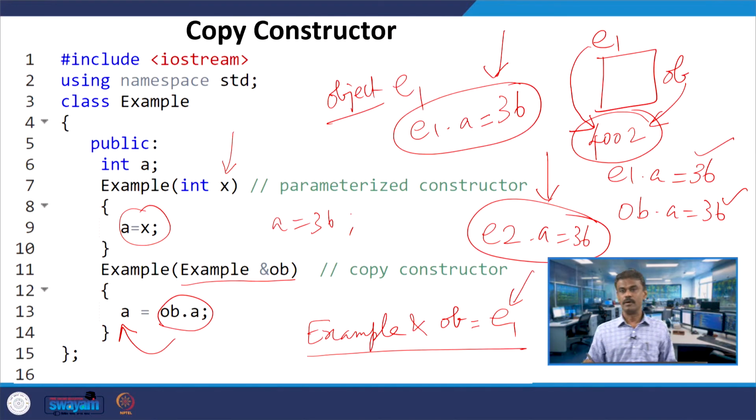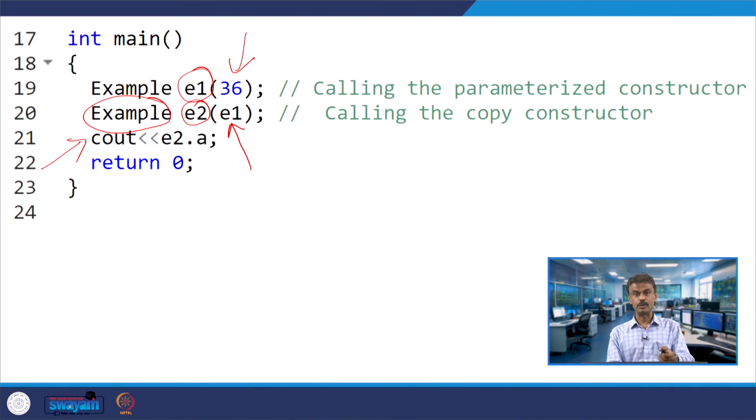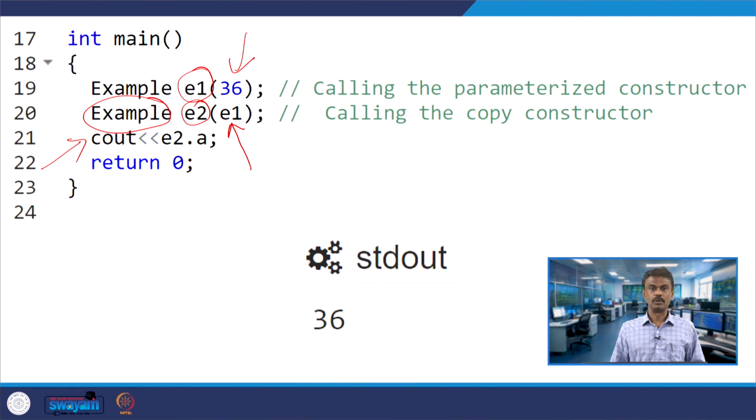When you are assigning OB dot A to A, this is nothing but E2 dot A. What is the value of E2 dot A? 36. So when you display E2 dot A in main, you get 36, alright. I hope it is clear for everyone.